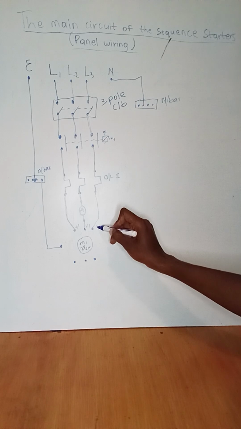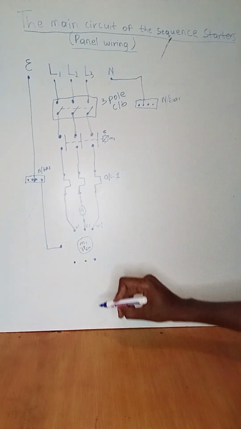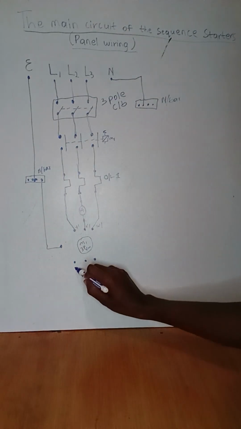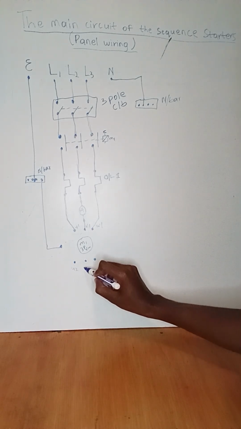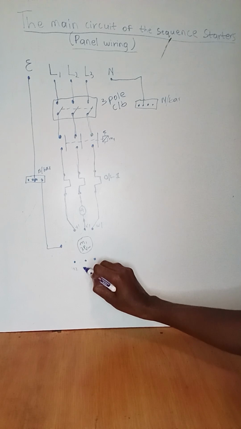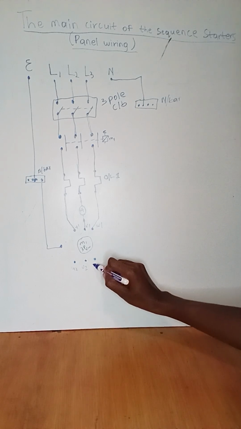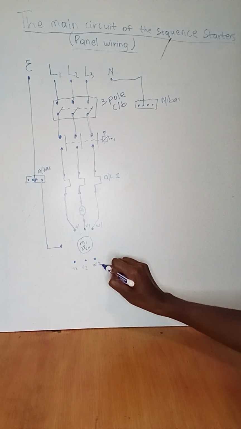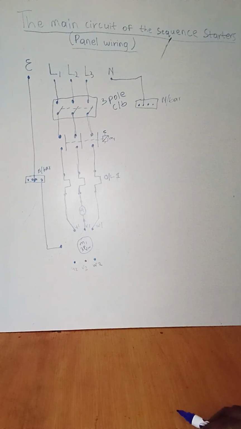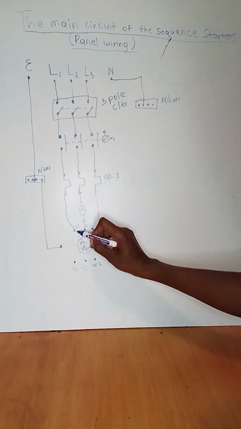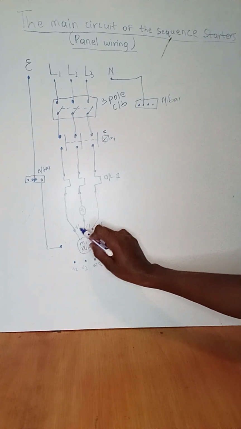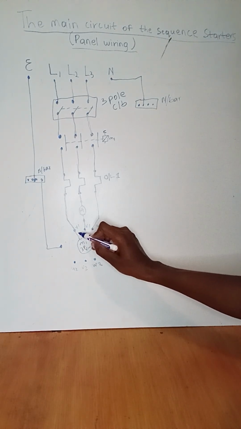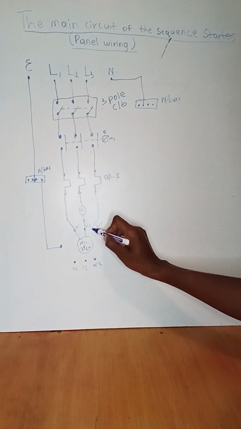Right, from the top points we have U1, V1, and W1. From the bottom points we have U2, V2, and W2. So this is how your motor will be connected. So your first point, which is the top points, U1 will be U1, V1, V1, W1, W1,